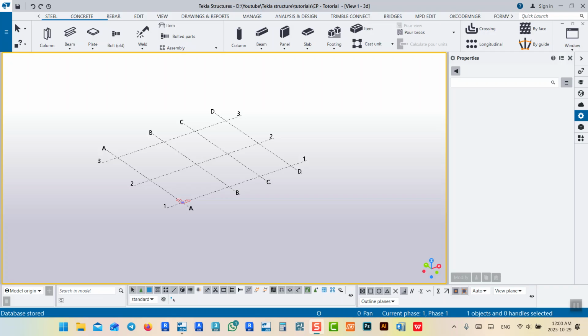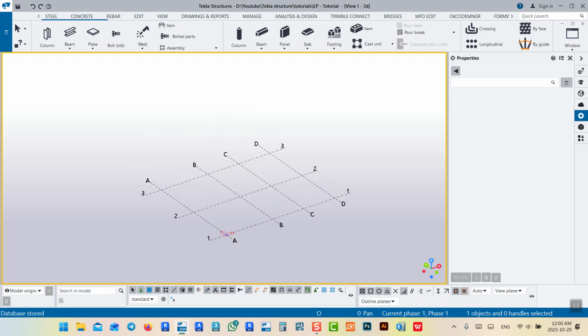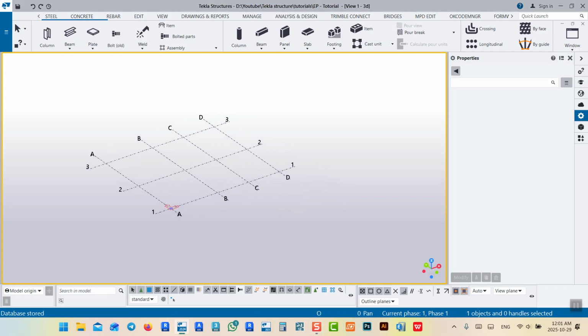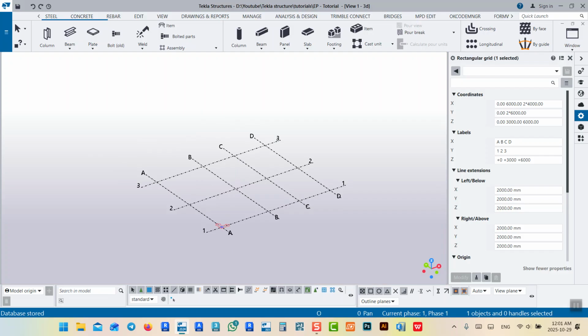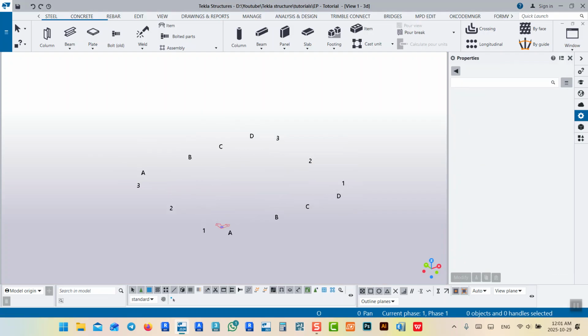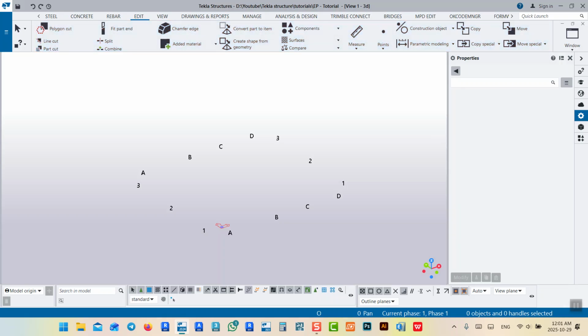In today's lesson I would like to show you how we can make a dome in Tekla Structure. Okay, so we will make a round dome and we will see how we can do it. First of all, we can delete this grid line, and after that we go to edit, and from edit,